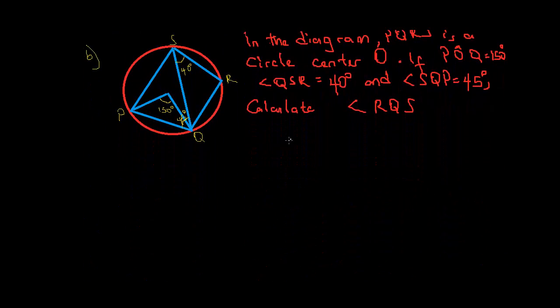For the next question, question B, we're asked here to also solve for RQS. Now solution. You're looking for RQS. So let's call this RQS my angle X. Now this is 40 degrees. This is 150 degrees and this is 45 degrees. Now let's try to find here. Now to find this angle theta,